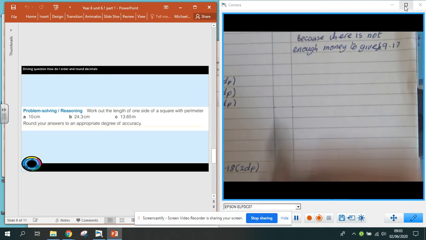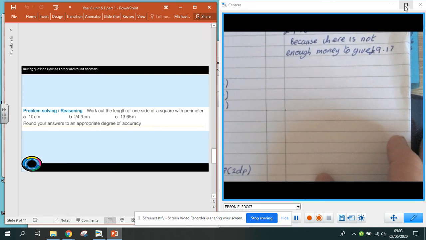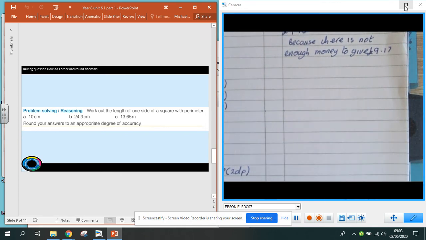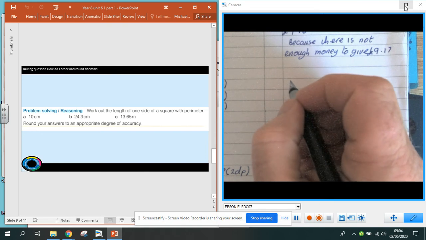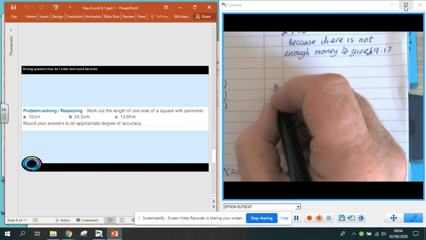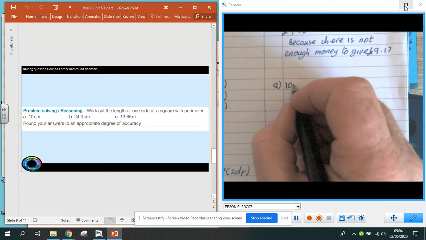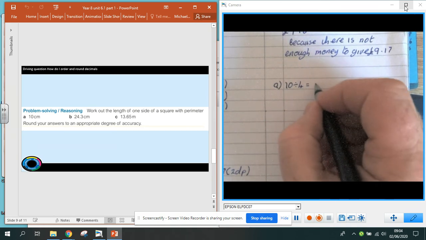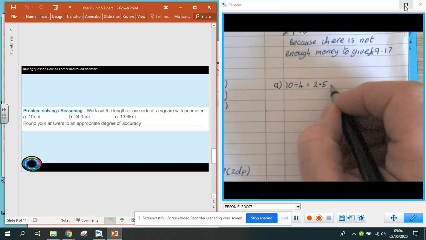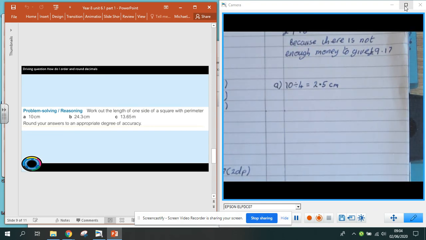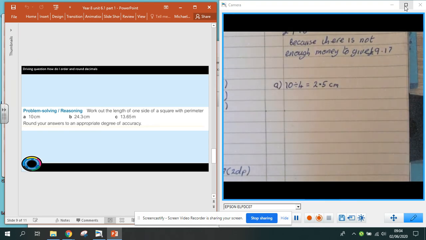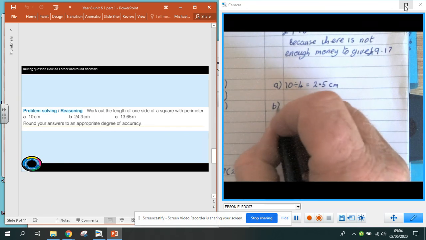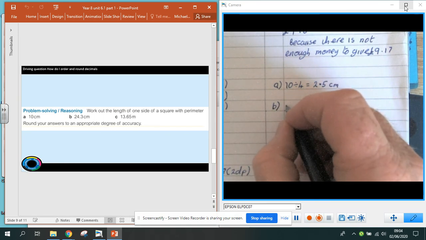So obviously the first question, we have to work out the length of one side of the square. To work out the length of one side of a square from a perimeter, we just divide the perimeter by 4, because a square has 4 sides, each side is the same length. So, we'll call this one A, 10 divided by 4 equals 2.5 centimetres. And that's fine. We can definitely measure 2.5. It's all there, it's marked out on our ruler. That's easy. B. We've got 24.3,